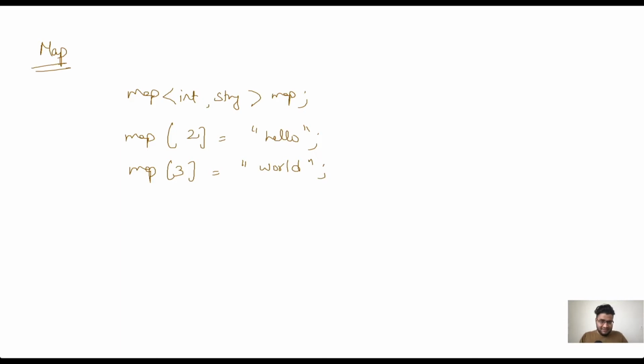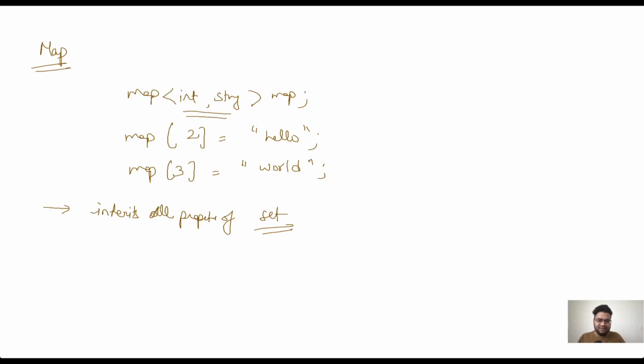A map is just like a normal map, only its properties are inherited from set. Map is just a set, wherein the only differentiation is that in set we have only one single value. In map we will have a combination of values, wherein one of them will act as a key and one of them will act as a value.